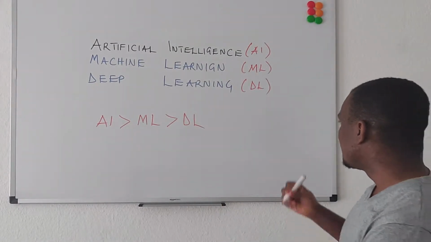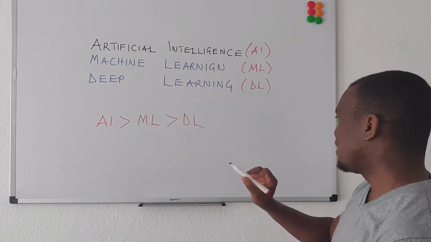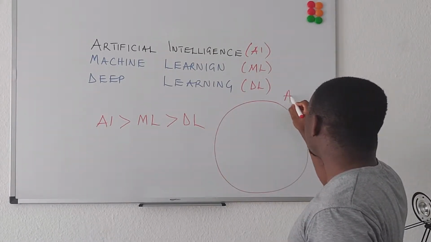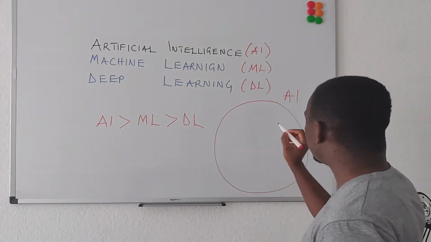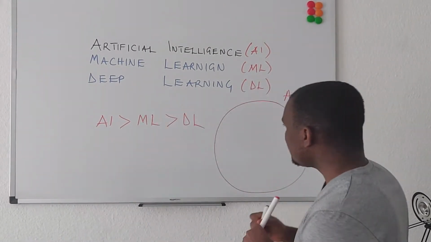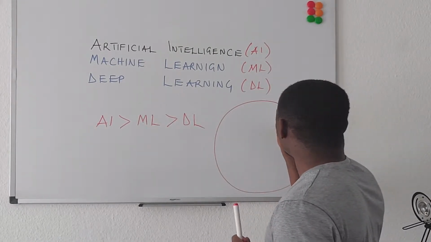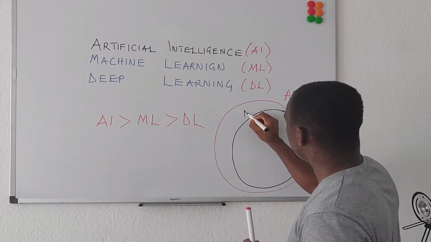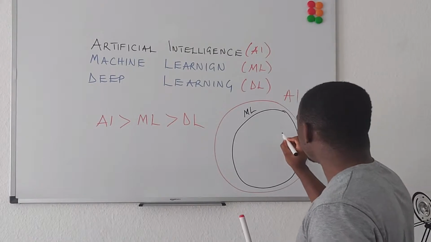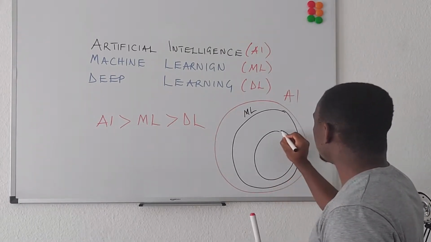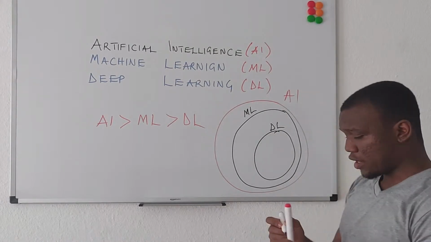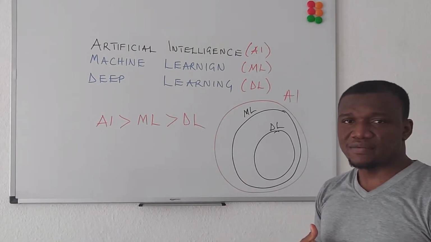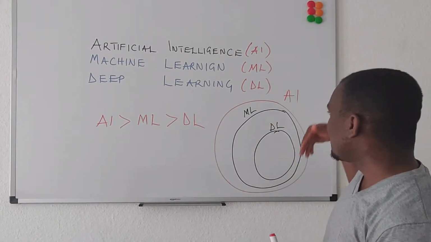What it means is that if I'm to represent this as a set, then AI is the outermost set, which has ML in it, and inside ML we have deep learning. Okay, so deep learning is a subset of machine learning, and machine learning is a subset of artificial